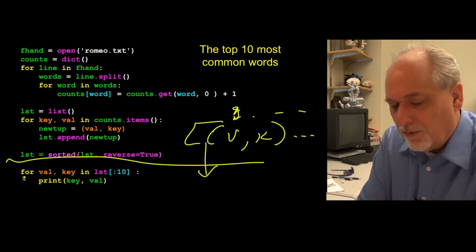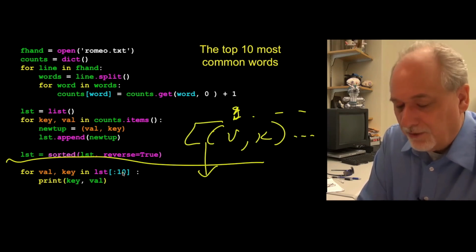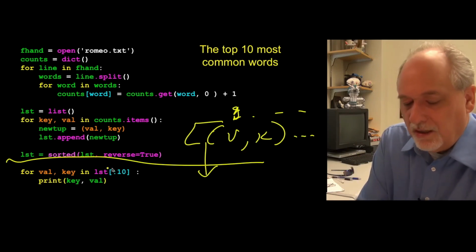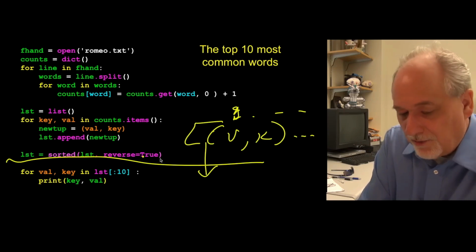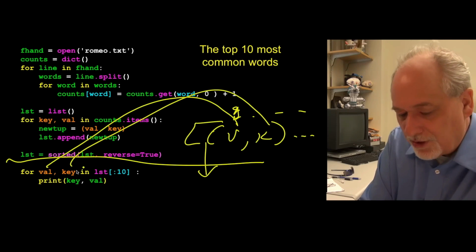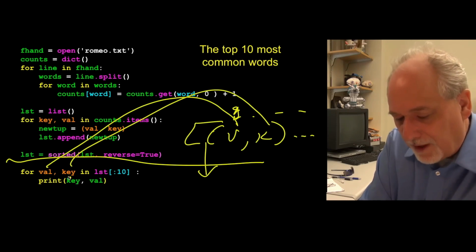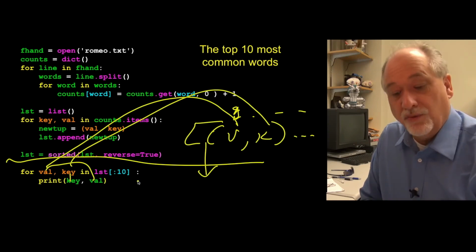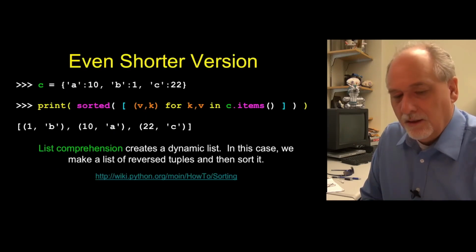And so we're going to run through this new list, only the first 10, start at the beginning up to but not including number 10, which is the first 10. For value, key in, and so value is good. So this is the iteration variable that's going to go through each of these things on and down, and then we're just going to print it out flipping it. So we re-flip it, flip, flip. We print it out key value, and it's going to work. Okay, so